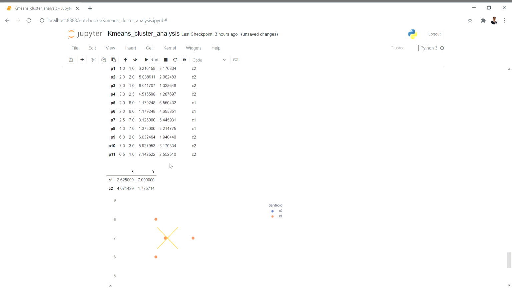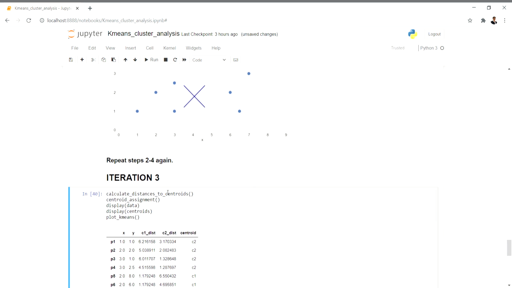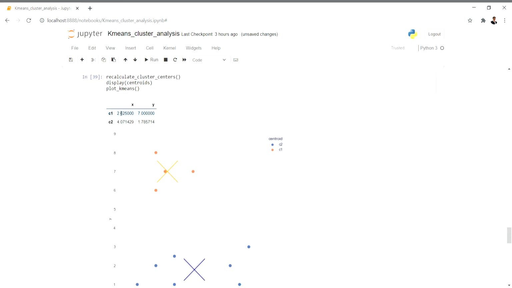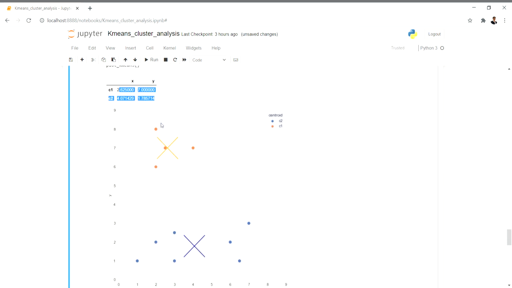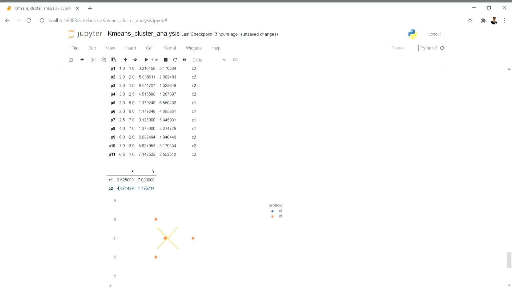This is one signal where you have to stop, because in the previous iteration you got these values, and in iteration 3 also you got these values. You can stop, but we are doing a double check by calculating the SSE. We'll also check whether we get a reduced SSE or not.